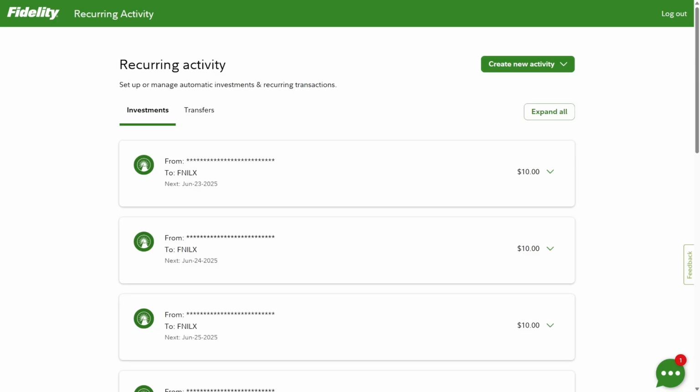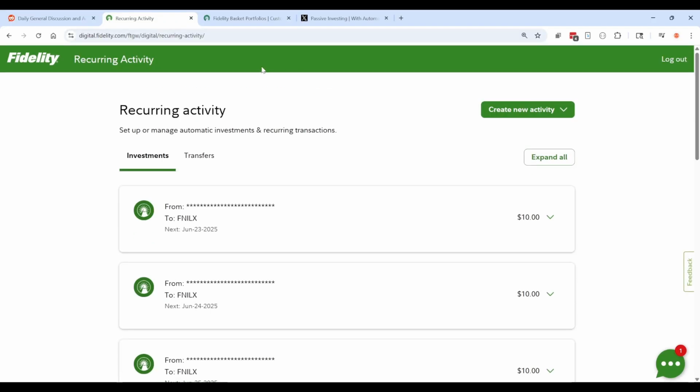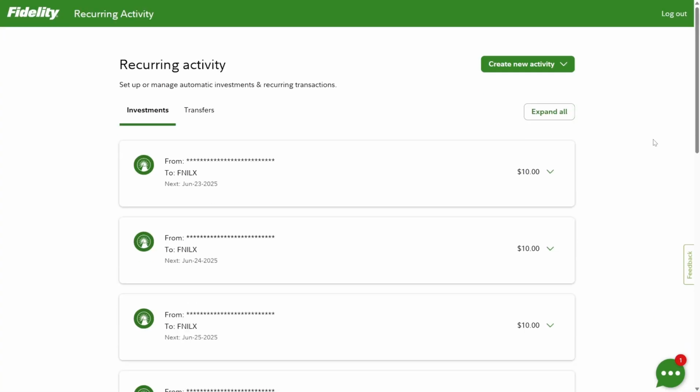set up here. So this is on their recurring activity page. You can get to this page by going to account features and then going into, I think it's recurring investments, recurring transfers. So that's how I got to this. I will also provide this link down below so you guys can just go straight to it if that's easier as well. So jumping back into this page, I blurred out my account information, but I'm going to talk about